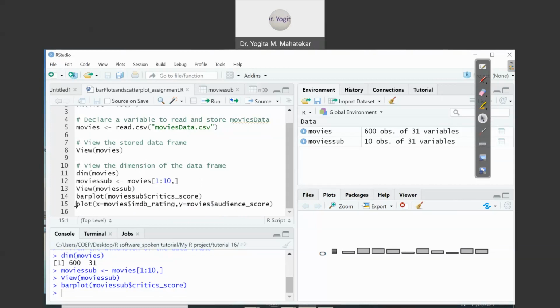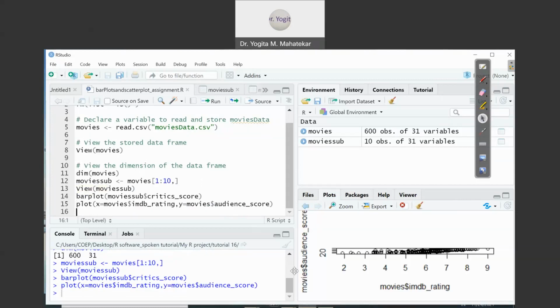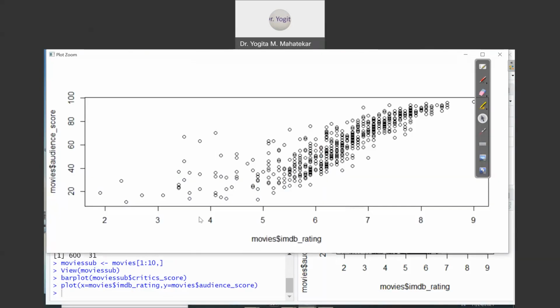So let me compile this command, which is on line number 15. If I press Control Enter, now you can see the scatter plot, it has been drawn inside the files and plot window. You can zoom it to visualize it properly. From the scatter plot, you can observe whether there exists a simple linear relation between the x variable and y variable or not. Suppose data is too much scattered, there is no linear relationship between them.